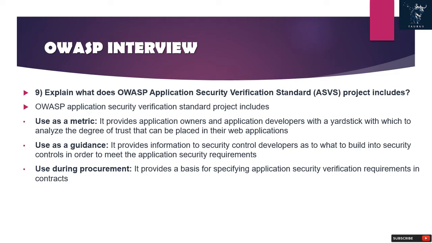9. Explain what the OWASP Application Security Verification Standard (ASVS) project includes. It includes use as a metric: it provides application owners and developers with a yardstick with which to analyze the degree of trust that can be placed in their web applications. Use as guidance: